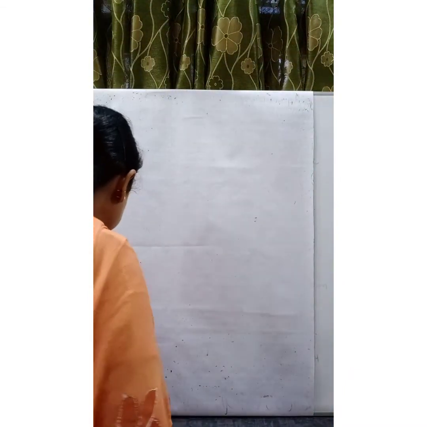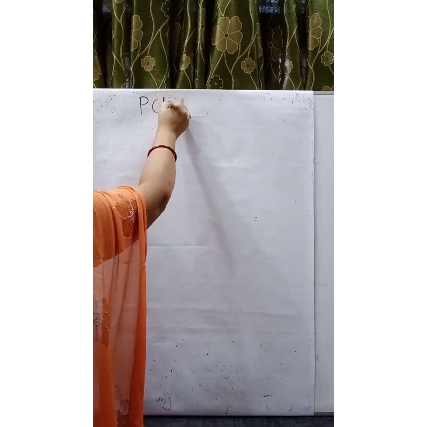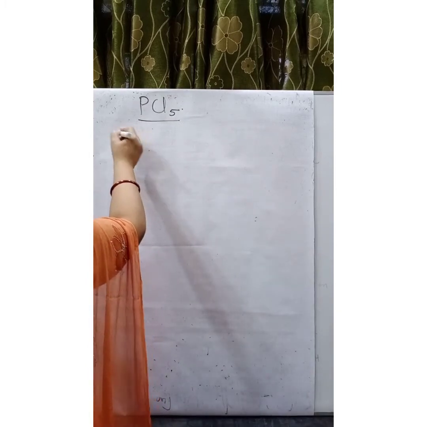We will discuss a few more examples of hybridization. Let us take the example of PCl5 and SF6 molecule. Let us find out what type of hybridization exists in PCl5 molecule.